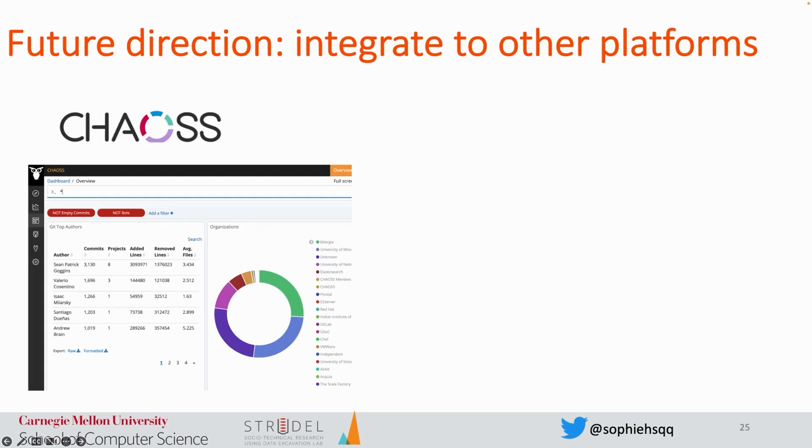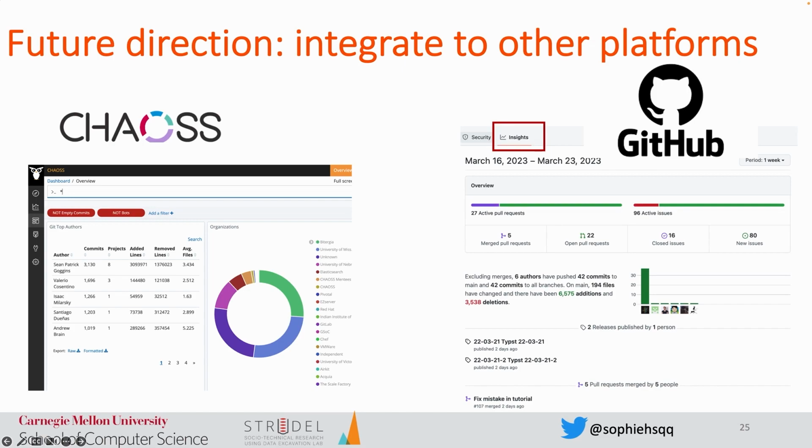There are several future directions this study can take. We are now working on incorporating some of our signals into other dashboards such as CHAOSS, which has been working on developing metrics for open source software and teams. We also hope that some of our signals can be integrated into coding platforms' UI, for example, become a part of GitHub's Project Insights page.